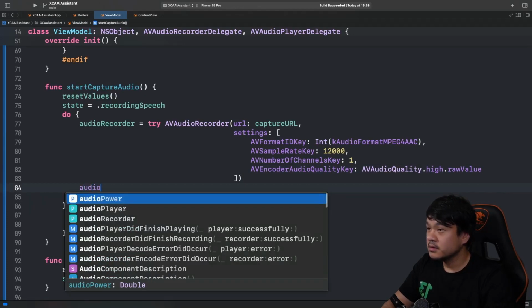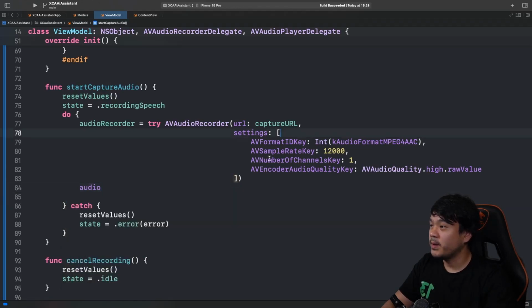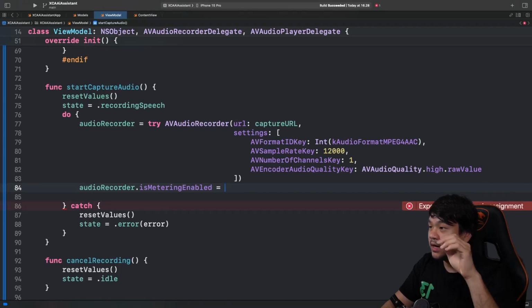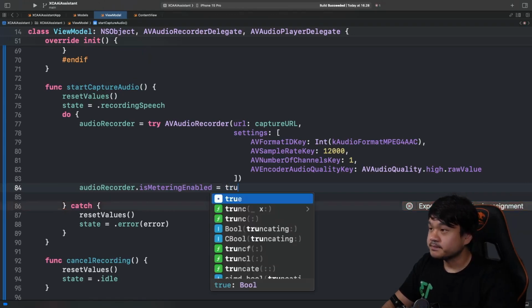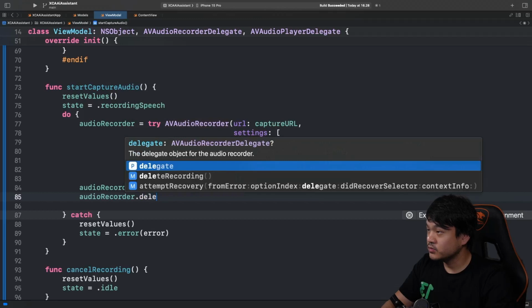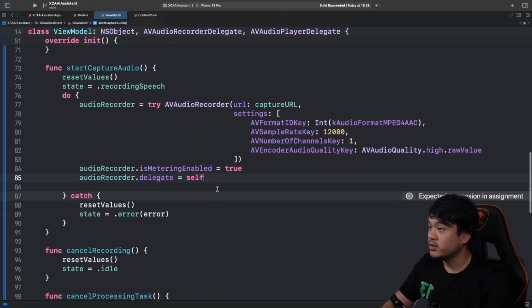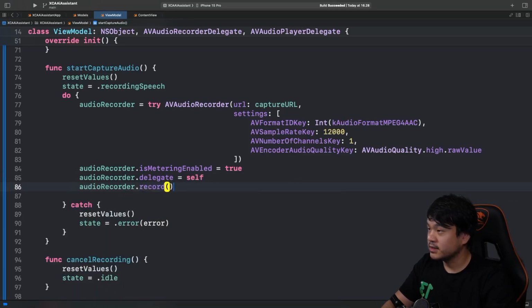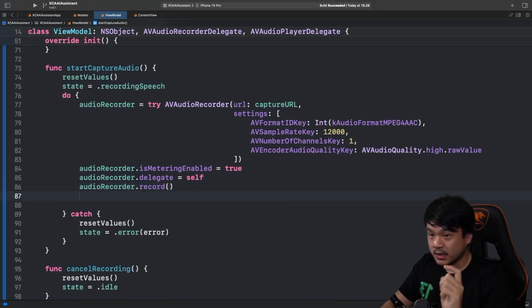Okay, so those are the recording settings that we are going to use. And then, if you use this MPEG4 AAC, it will automatically compress the audio file, right? So it's not going to be very big when we send that to the OpenAI Whisper API. Continuing on, we're going to set this isMeteringEnabled so we can monitor the metering, the average power, which we can use to modify the SiriWaveView power. Okay, so let's set it true. Next one, let's set the delegate to self. We already implemented the delegate for the AVAudioRecorder. Next one is let's begin by just invoking the record. Okay, so it's going to start recording in here.